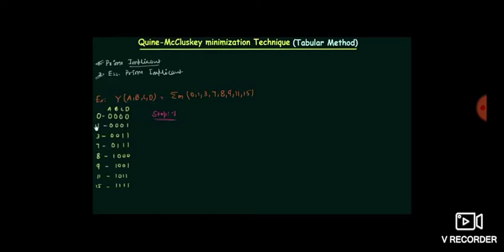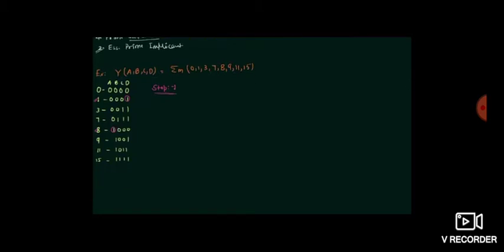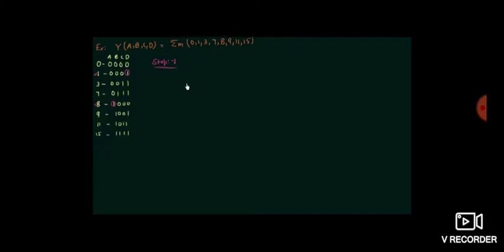In the zero group, all zeros are there. In the next group, 1 has a single 1, and in position 8 there is also a single 1. Those two, 1 and 8, we can write in one place. This is step 1. We are writing the table, and based on the table we are solving the problem.